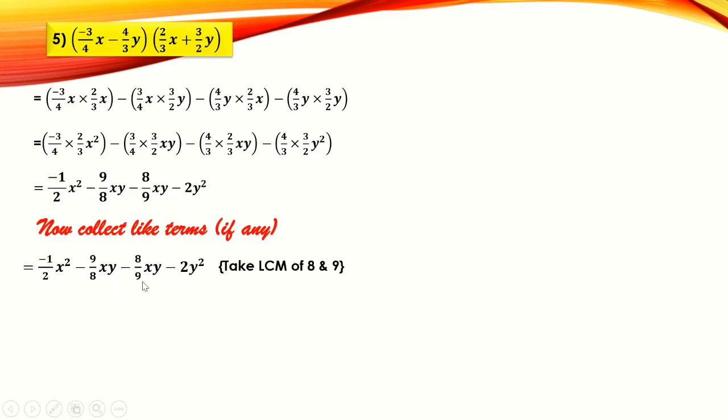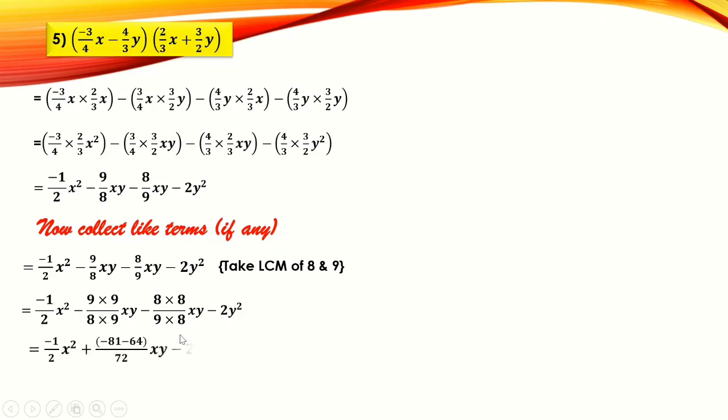Since there are two fractions, how do we simplify them? We take the LCM. So I have taken the LCM, 8 9s are 72. That's why this is getting multiplied by 9. And similarly, if the denominator is getting multiplied by 9, the numerator will also get multiplied by the same number. We know that. How do we solve the fraction? I don't need to explain that. Similarly, in this fraction 8 upon 9, it is getting multiplied by 8, and similarly the numerator also getting multiplied by 8. Now simplify it further.